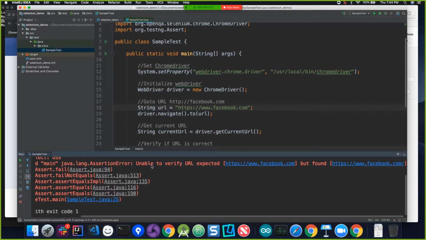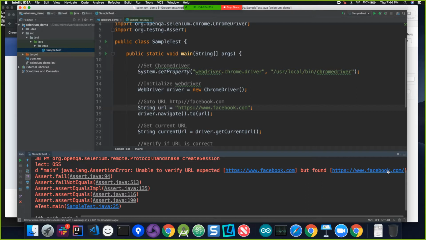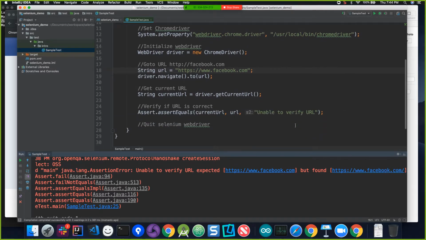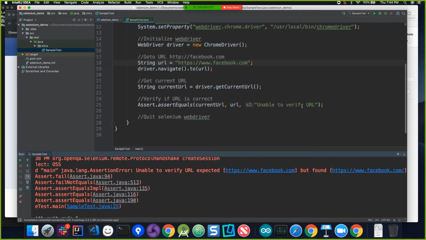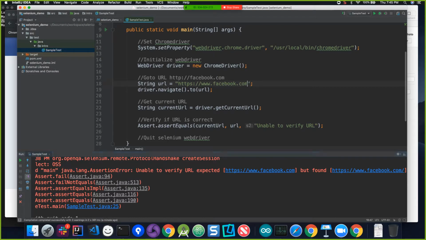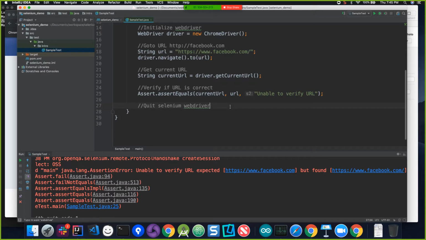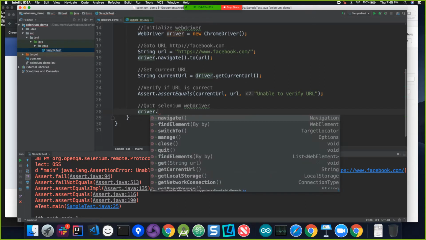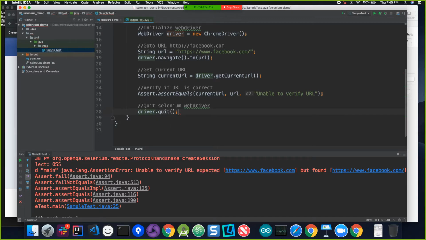So now you get a little bit of a cleaner message, right? "Unable to verify URL." Expected was this, but found was something else, right? So the third value, I really like this value so that you can really understand what your error is for. Kind of like how we did it with exception, right? If you see how they build it, it'll probably be something similar. Now the last step we're going to have to do is driver.quit. So what quit will do is